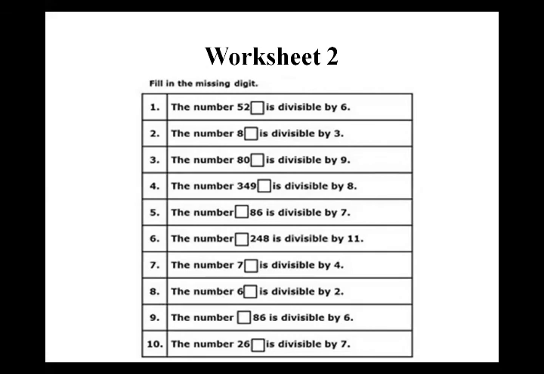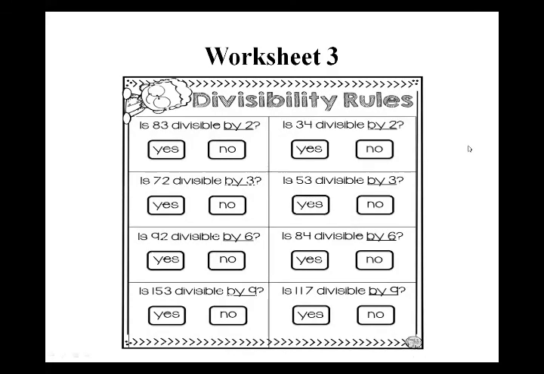Our time is too short. I want your questions. To answer your questions quickly, you just take a picture of this sheet. You have to complete this sheet by yourself. So here is the second sheet. In this sheet, you find out whether 83 is divisible by 2 or not. If yes, then you say yes. If not, then you say no.